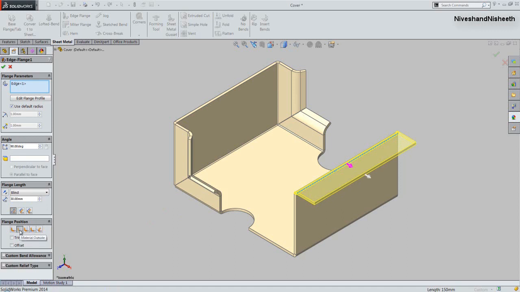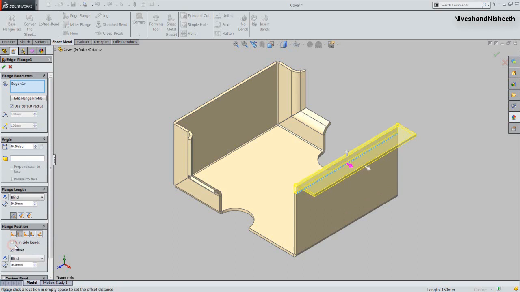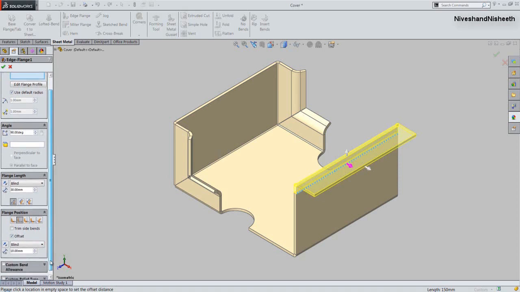Now we will choose the material outside option from here, and place the check mark in the offset area. Fix the offset distance value 15 mm.